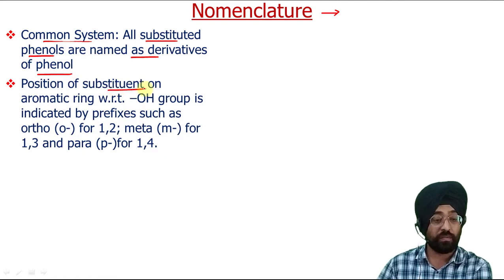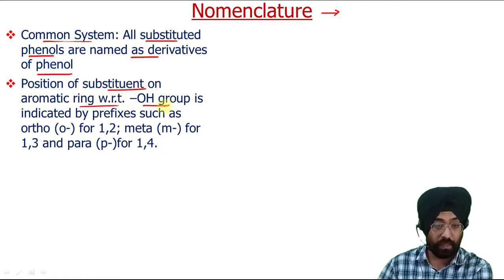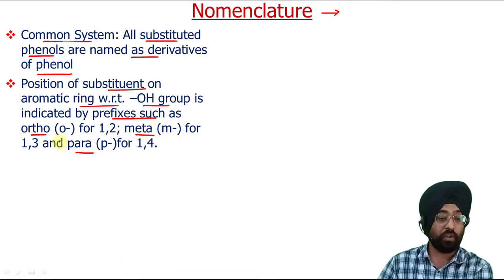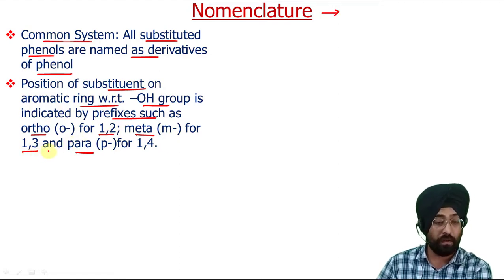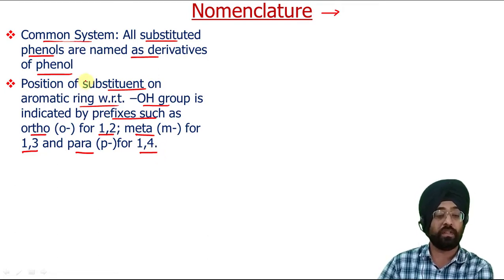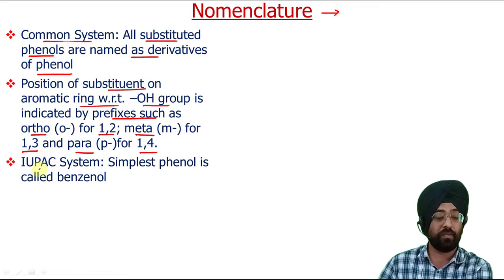The position of a substituent with respect to the OH group is indicated by prefixes such as ortho, meta, and para, where ortho signifies 1, 2, substituents at the first and second position. 1, 3 indicates the meta position, so the substituents are at the 1, 3 position. Similarly, para means the substituents are at the 1, 4 position. So in the common system, other substituted phenols are named as derivatives of phenol, and we use ortho, meta, and para to signify their positions. Whereas in the IUPAC system,